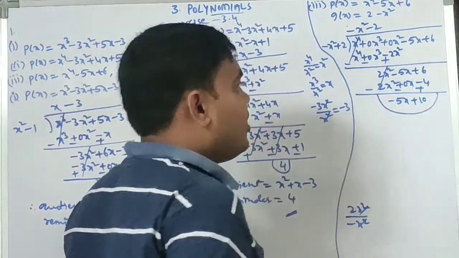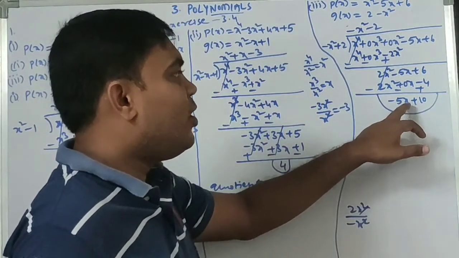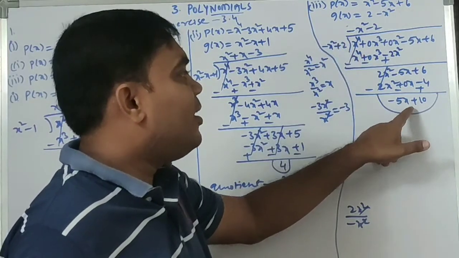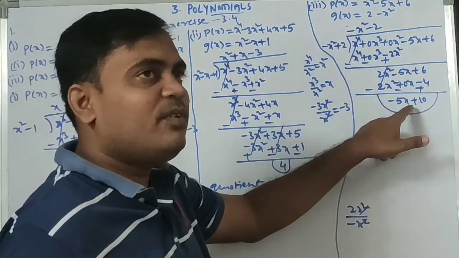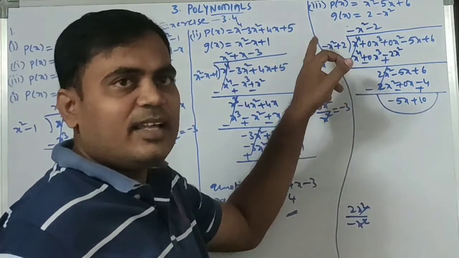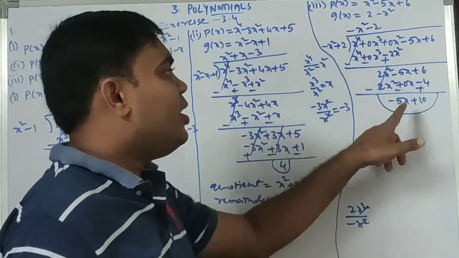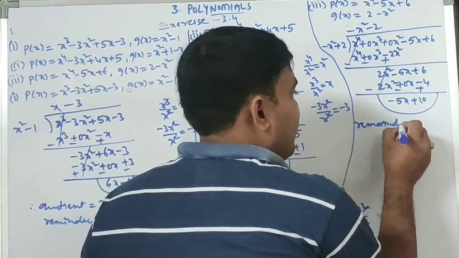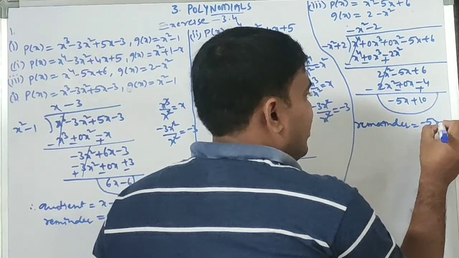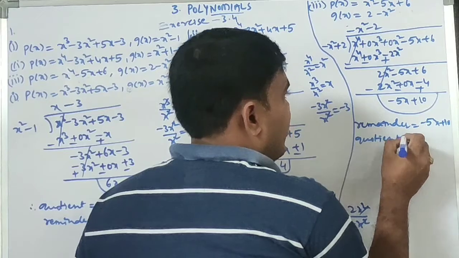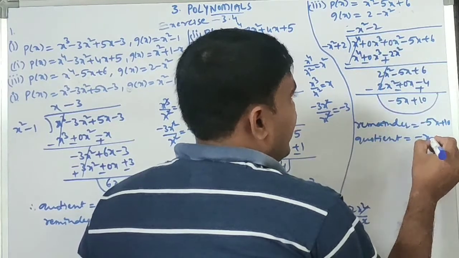So this is the remainder, because the degree of this polynomial is 1 and the degree of the divisor is 2. So this is the polynomial which contains a degree less than the degree of the divisor. So it is the remainder. So remainder equal to minus 5x plus 10. Quotient equal to minus x square plus